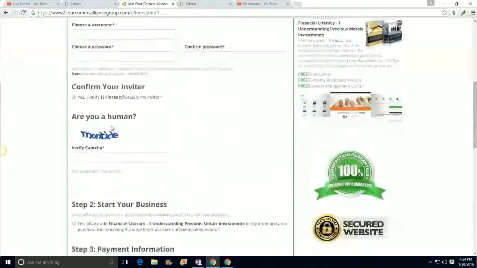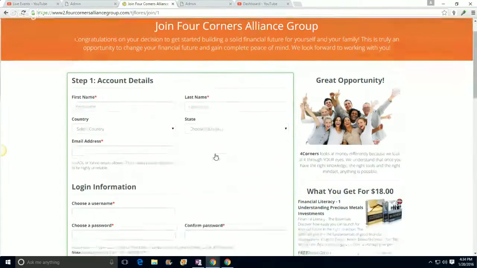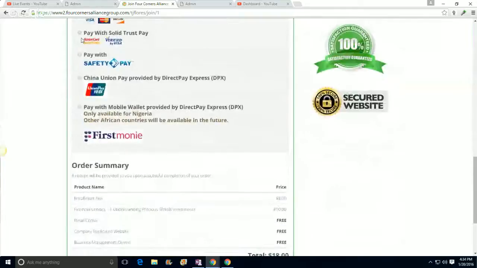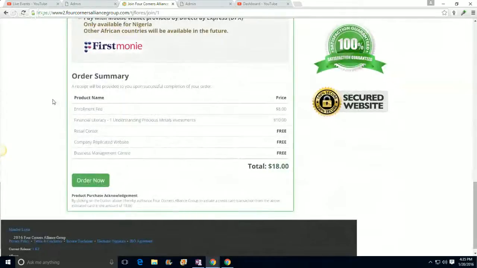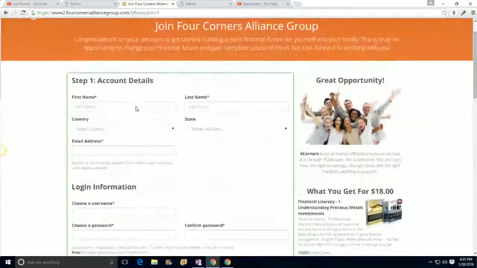All right, this is a one-time $18 payment. I can send them straight to a sales page, okay? And that's going to be the next part here that I'm going to show you guys. But that's how you do a capture page and send them wherever they want. Of course, if somebody signs up, somebody buys. In this case, I will get a commission, right? But in your case, if you follow the steps from this video,